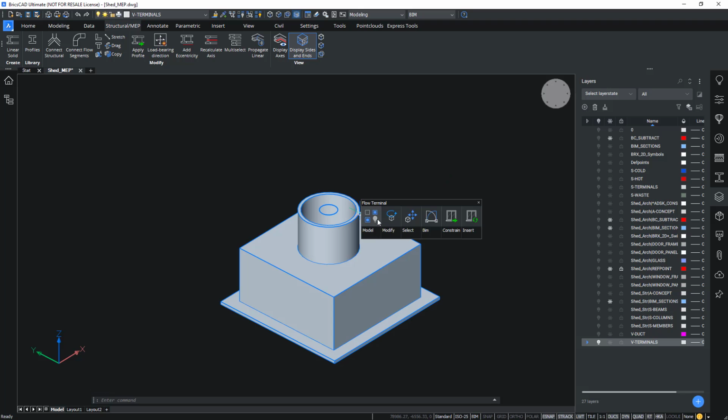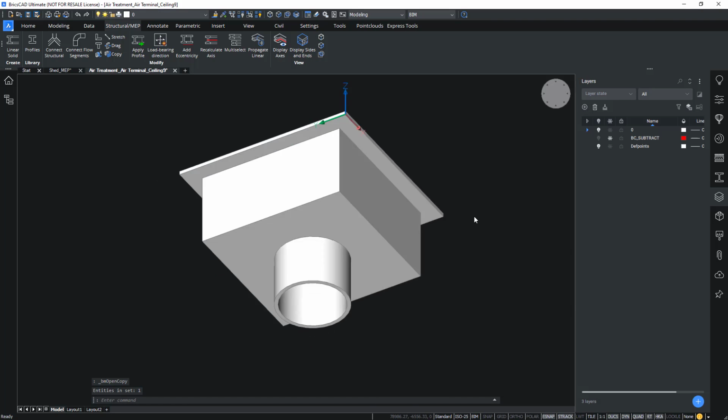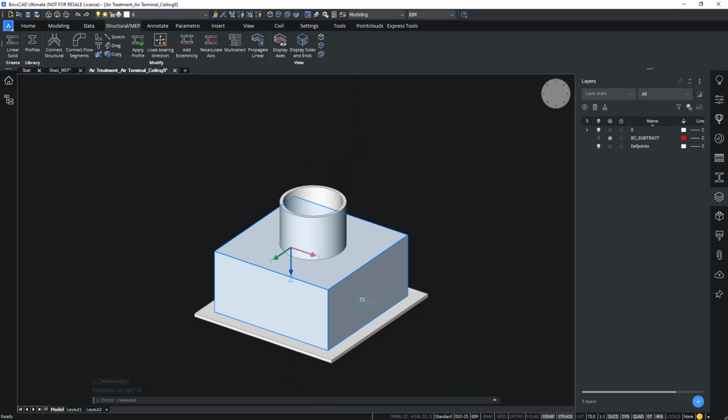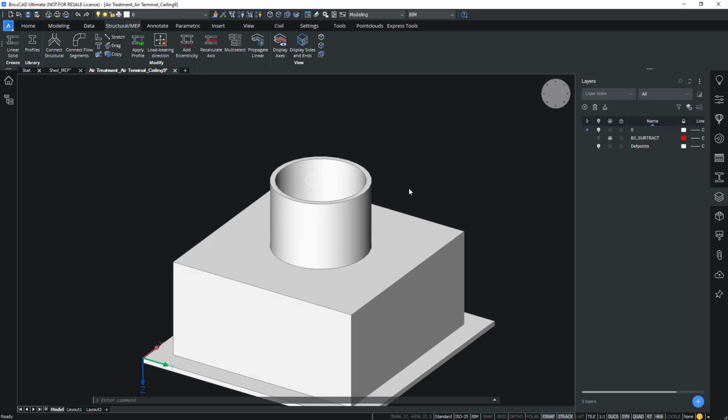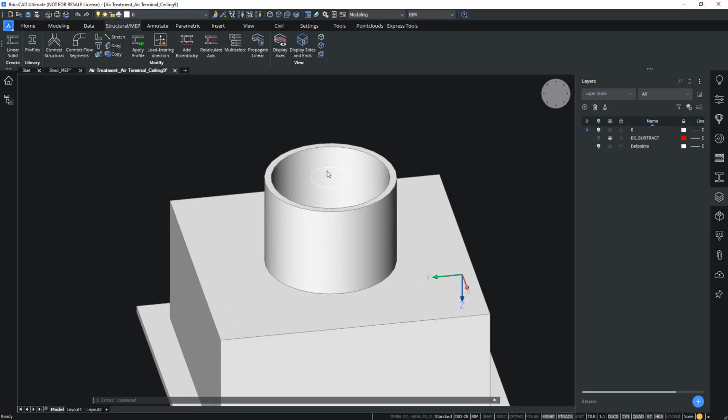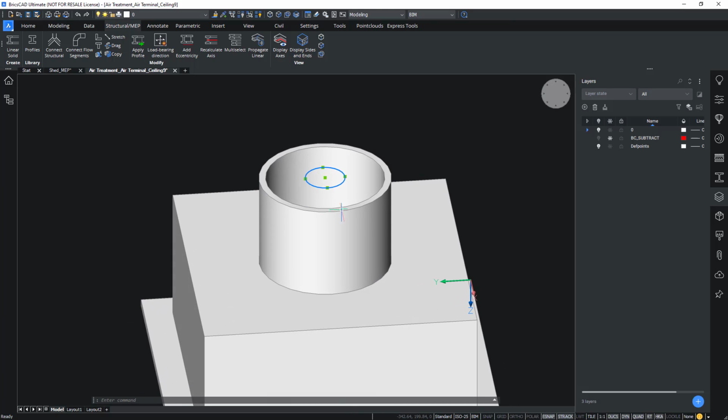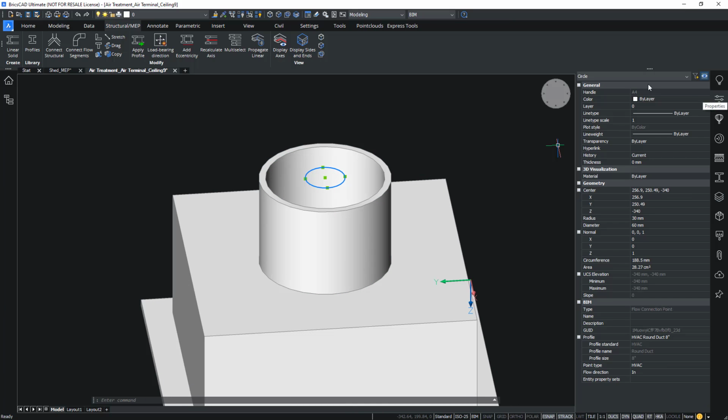So let me open this flow terminal here, open a copy. It's just some geometry to indicate what the flow terminal looks like, but it also contains this one flow connection point, which in this case is simply a circle classified as a flow connection point with a certain profile attached to it.